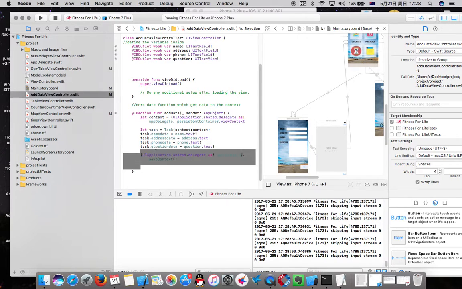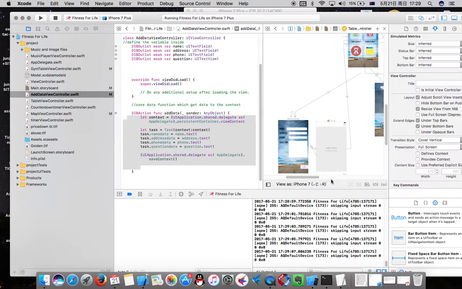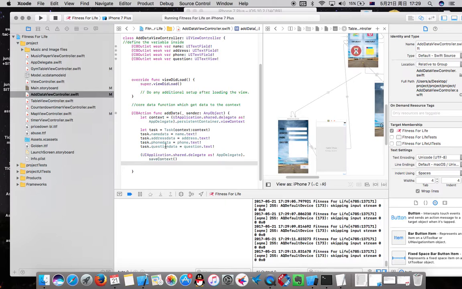And this add data function is for this button, add data, which adds those four text fields which the user has input into the core data, which we can use from the next view controllers, where we can see task name data equals name.text, address data equals address.text, and phone data equals phone.text, the user input information which is recorded into the core data and used from the